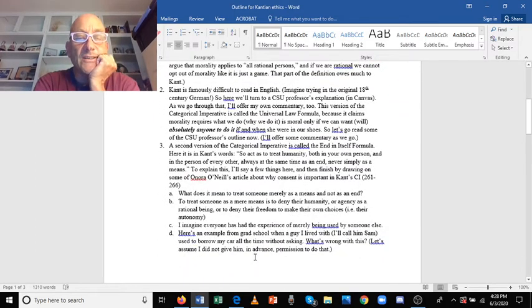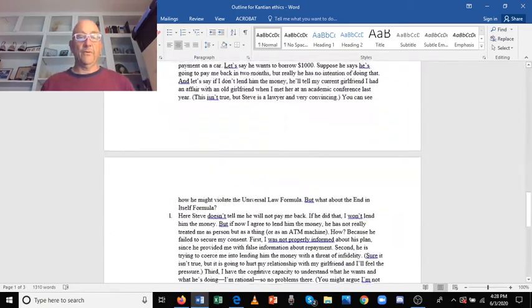So act as to treat humanity, both in your own person, so this is a duty you have to yourself, and in the person of every other, so it's all other people, always at the same time as an end and never simply as a means. Okay, this is kind of a mouthful, but in sum, and I'm going to go through the next page and a half with you,